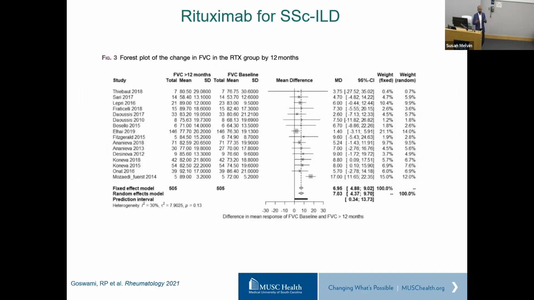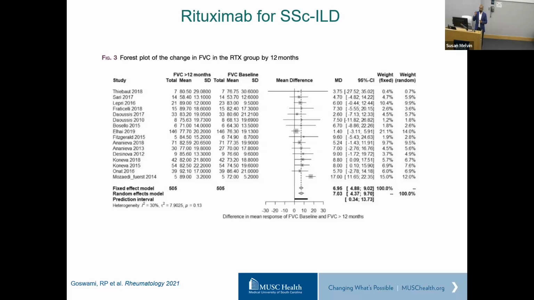We often talk about rituximab in a subgroup of patients, understanding the risk of long-term immune suppression. Again, this is a big gun immune suppressant that can suppress your immunity for 6 months at a time. The clinical trials that were done for this, there were 2 small trials that did meet some efficacy, but they were not large enough to make it to a big journal. They were all in Rheumatology, I believe, which is a good journal.